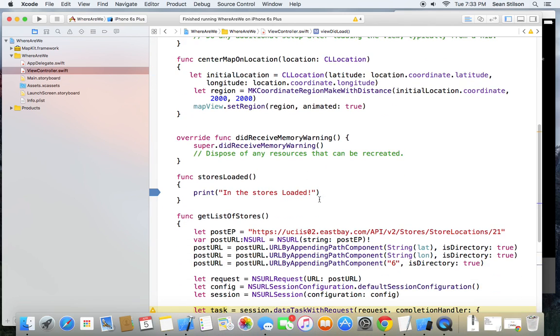All right, so the stores are loaded. This is where we're going to take our list of stores, pull the data out of them, and create map markers and plop them on the map. So we have some work to do. So the next thing we're going to do,